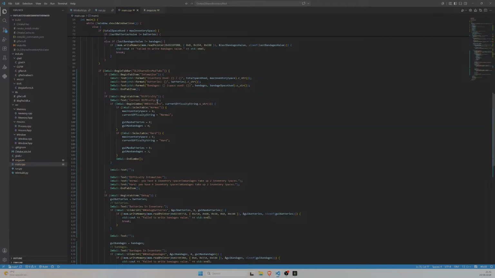What I think I would also like to do is probably just check something. So as an example, if we begin this, like when we're doing this stuff right here, I want to check to see if our current difficulty is actually correct. So